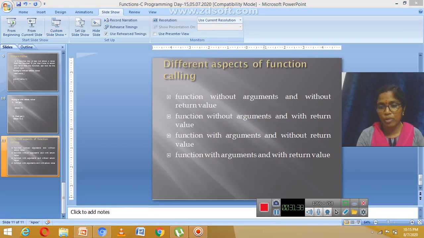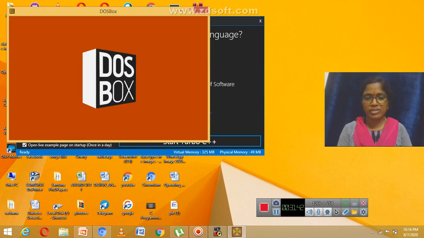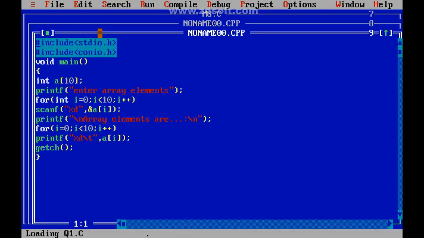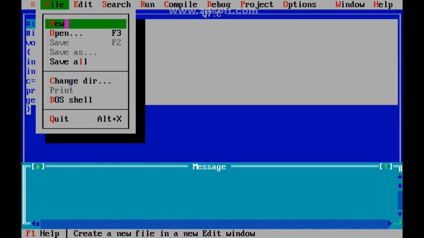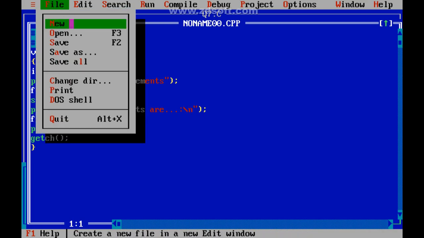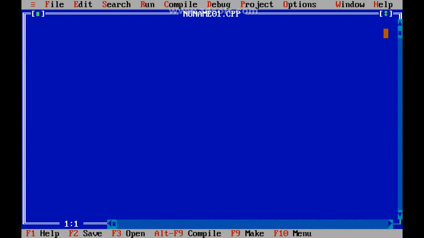So we will continue with our Turbo C++ compiler, which helps us learn the example programs. Here I will take a new file, where I am going to write without arguments, without return value.